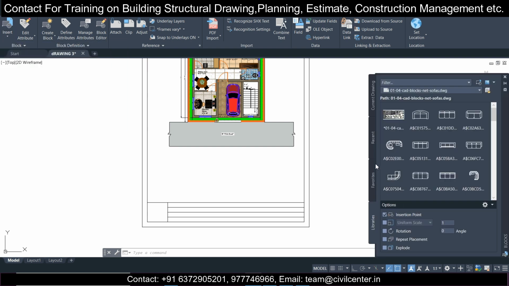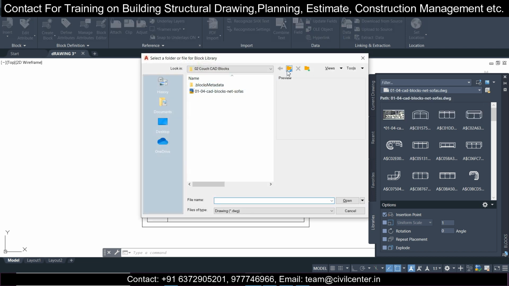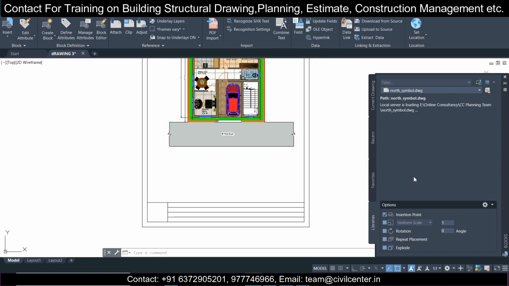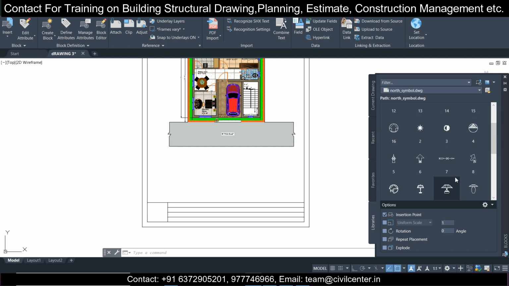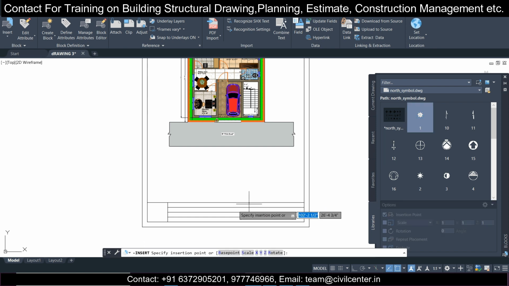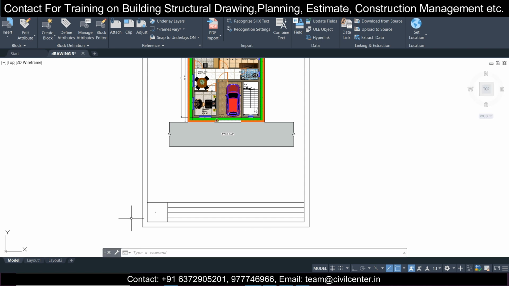When this opens, we will go to the path here, browse from block libraries, and open the north symbols. Here will be my several north symbols. It will take some time to load, and after that I can select any of my symbols, specify the insertion point, this one, and I will close this now.